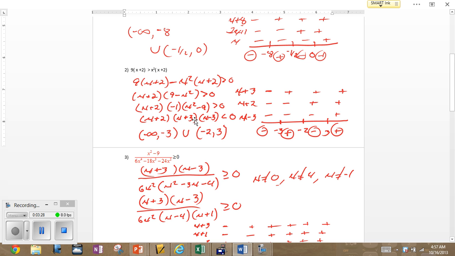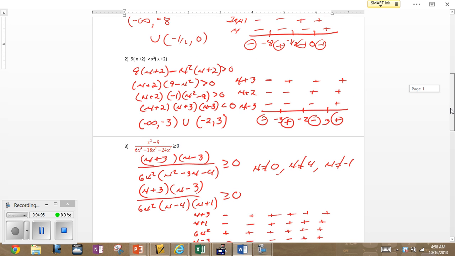I factor. Okay, I build my sign table around my factors and those values causing zeros of my factors, and line it up as shown here. My interval here is wanting to establish a less than condition, so I want the negative intervals as tagged: -infinity to -3, not inclusive, and then between -2 and 3. The next problem,